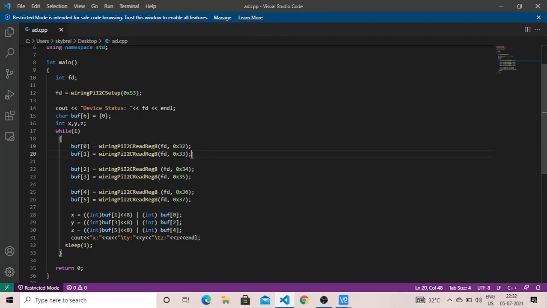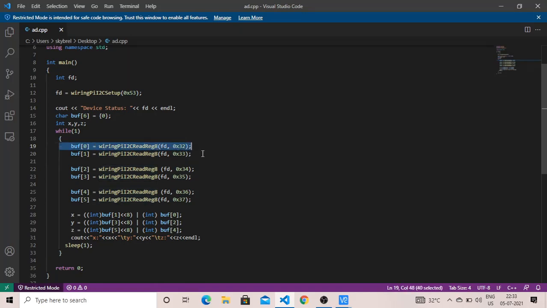When you interface with your ADXL345, it gives the data one by one, and each contains an 8-bit value, okay.